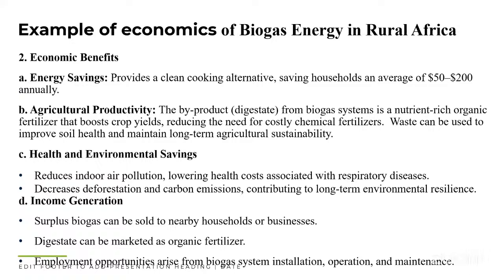Then we can also increase our agricultural productivity by using the byproduct. We can have these environmental and health benefits by reducing the indoor air pollution if you are looking at the three stones, but also decreasing deforestation and whatever carbon emission related to it, basically by providing